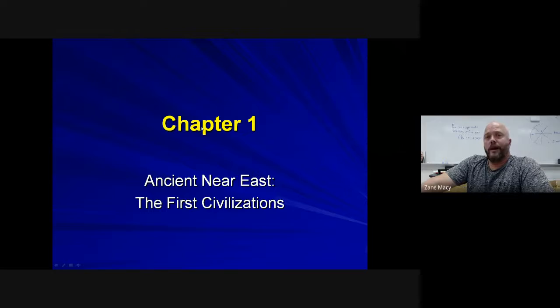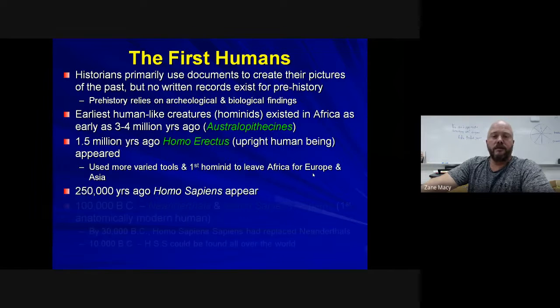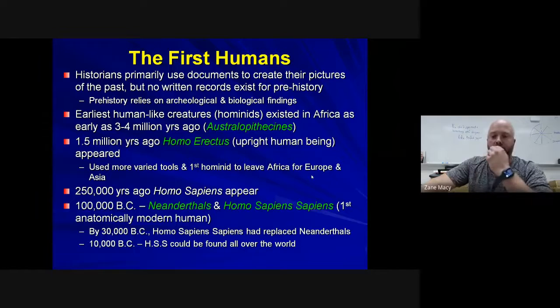Chapter 1 here, we're talking about prehistory, and we're talking about the earliest civilizations that appeared in the West. The first humans from this slide, because again, I don't want this video to run too long, but I'm also trying to cram a couple of days worth of information into 20, 30 minutes, because I don't want it to be that long, and that way, you'll be able to jump ahead if you need to.